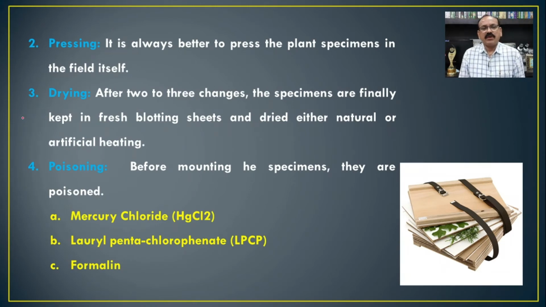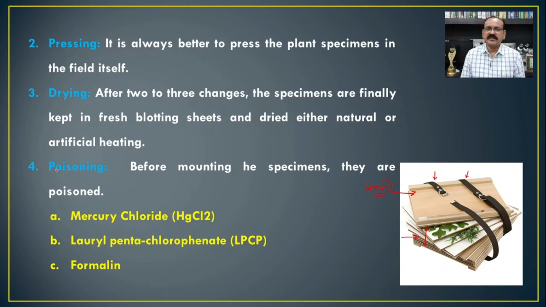So after the collection of the plants, we have to press them with the help of a plant press. Here there is a formation of two belts on two different sides, and there are two wooden strips, which are of different types in different plant presses. In between these two there are blotting papers, or sheets of blotting paper.